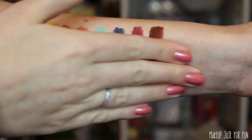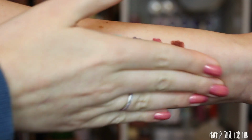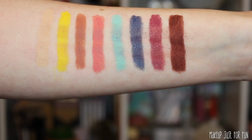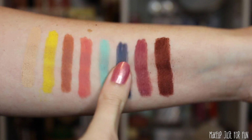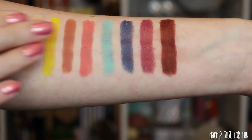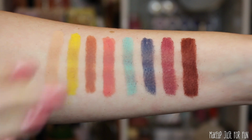This one is not quite as successful. You do start to see, especially some of the darker colors, as I rub harder and harder on these swatches, that some of those darker colors do smudge off and kind of infiltrate the lighter colors. Again, this could just be because I didn't let them dry for as long. The lighter shades more towards the end were the ones that I swatched first, but I wanted to give you a good smudge test here